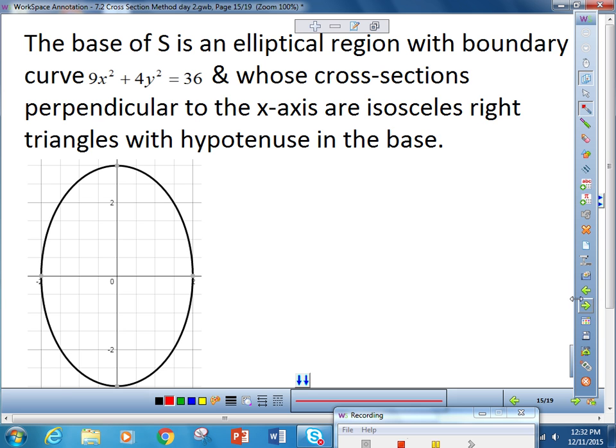Ooh, this is fun. This has an isosceles, let me